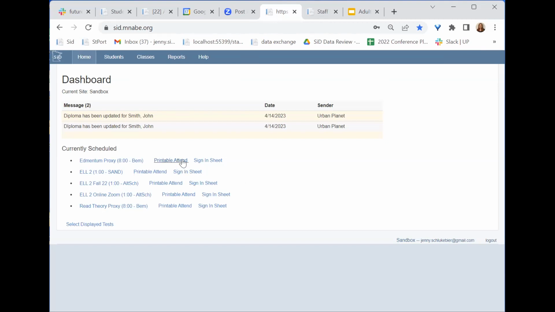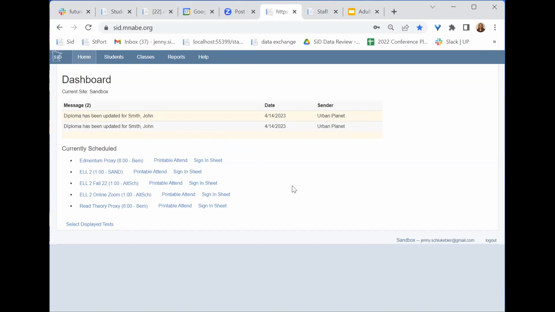So this is the screen of a staff person when you first log into SID. If you are involved in any classes, if you're a teacher, down below here are the names of the classes that you are the teacher for. Above that is this little thing that says messages, which only appears if you have messages that have been sent to you via the SID system. For the case of the diploma, after you've submitted a student's info, if an MDE staff person has either passed or not passed that area, you're going to get a notification, a message, and it's going to appear first here on your dashboard screen.